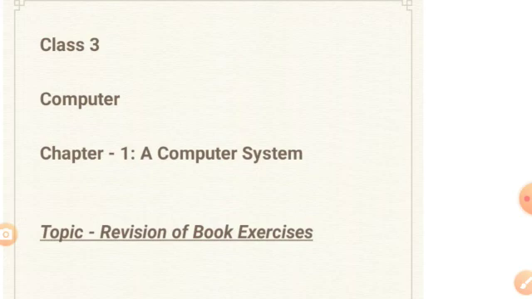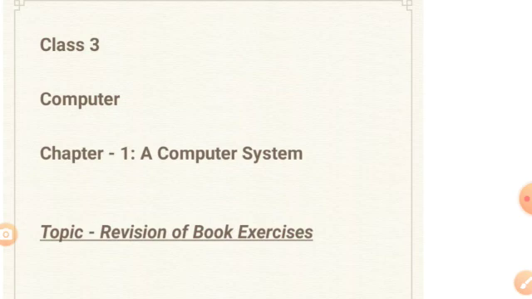Then we learned that there are different parts of a computer, and these parts can be divided into two groups called hardware and software. Hardware is the physical part of a computer which we can touch and see, and software is that part which we cannot touch, but it is a set of instructions given to the computer to do a particular task. Hardware and software need to be in place to be called a complete computer system.